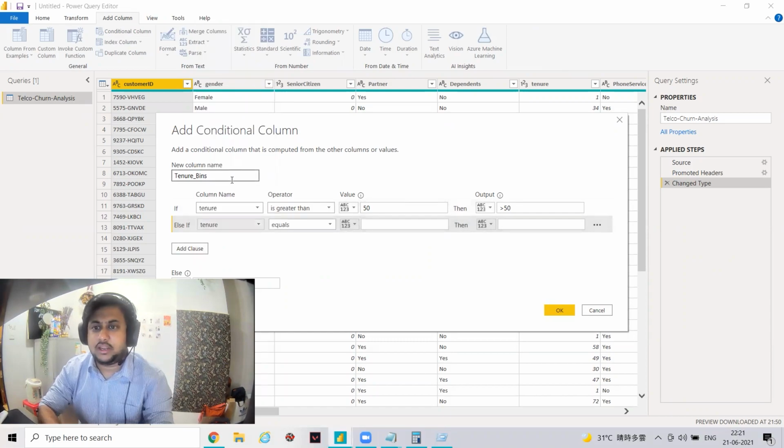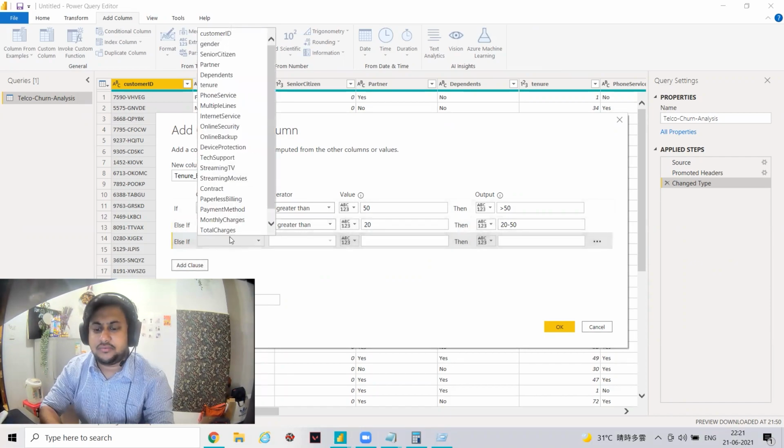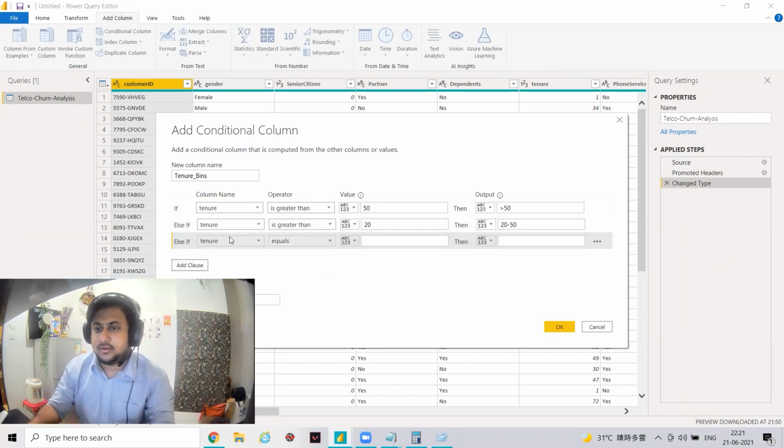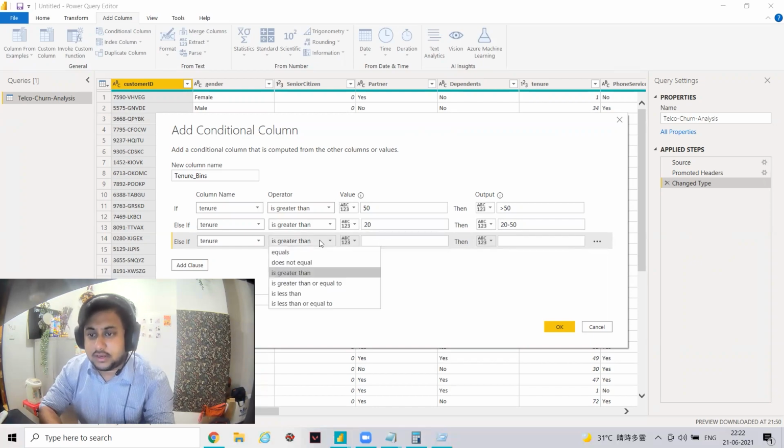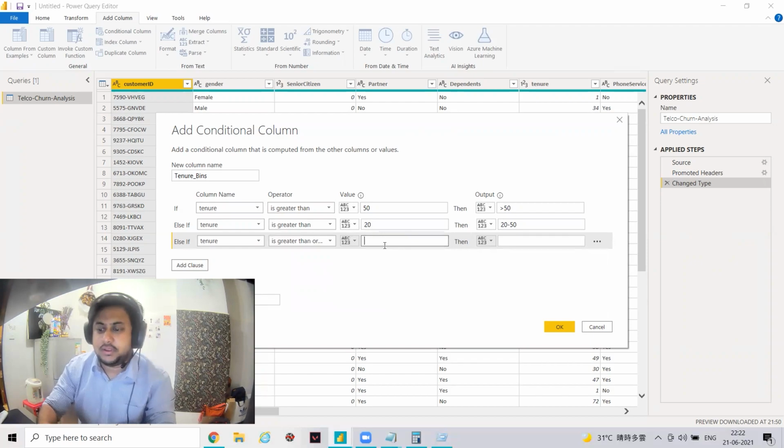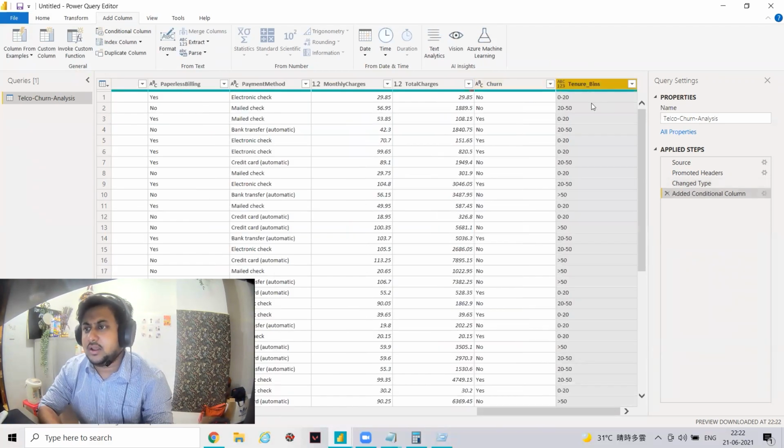If tenure is greater than 20, then 20 to 50, right? Else if tenure is greater than or equal to 0, then 0 to 20. I'm just showing you, and once you click on OK, you can see bins are created.